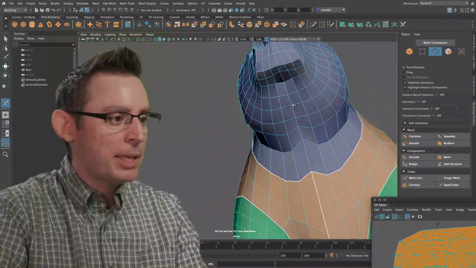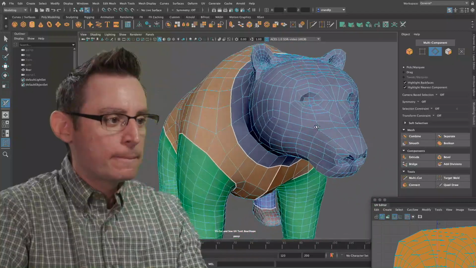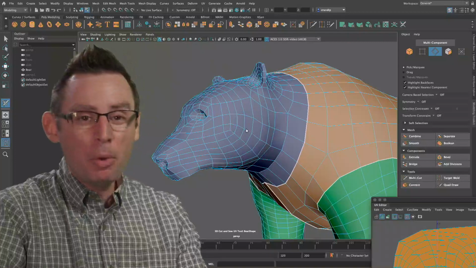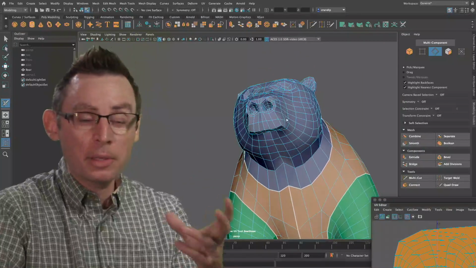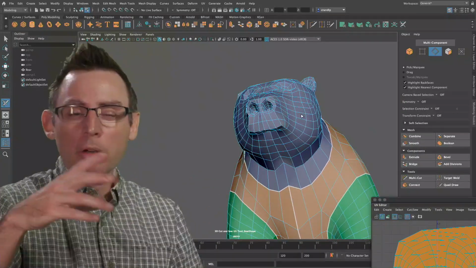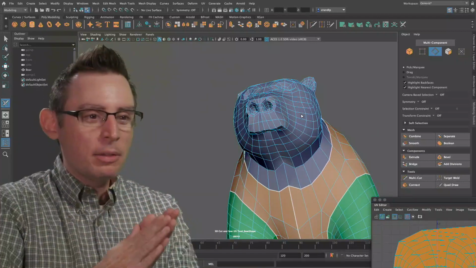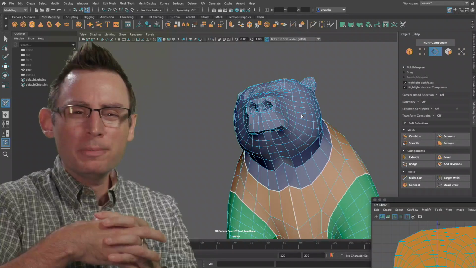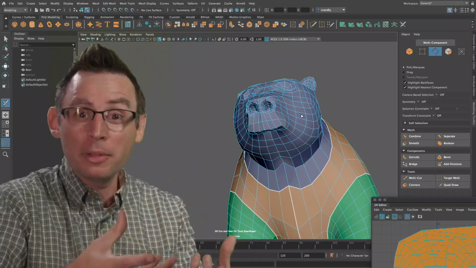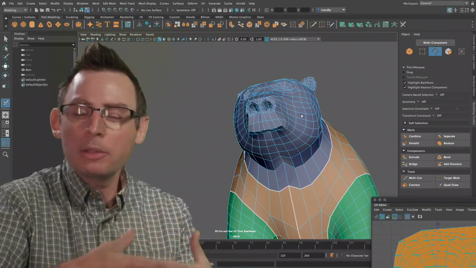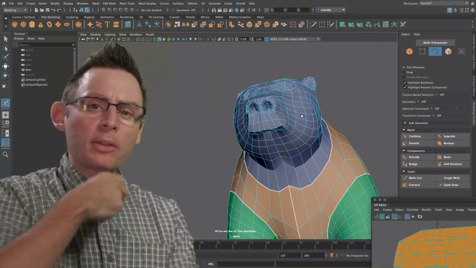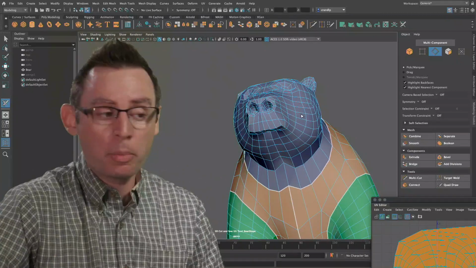Now the head might give me some problems here. If you think about it, the head is a gigantic spherical shape. At the moment, I'm not sure if it's going to unwrap correctly, and that's okay. You're going to find that when we unwrap things, there's a little bit of an exploration process that one has to go through to kind of figure out the puzzle, if you will, that's in front of us. And that's okay. It's part of the system. It's expected that we unwrap something and then go, that didn't work out so well, and then we figure out a solution to that problem itself.